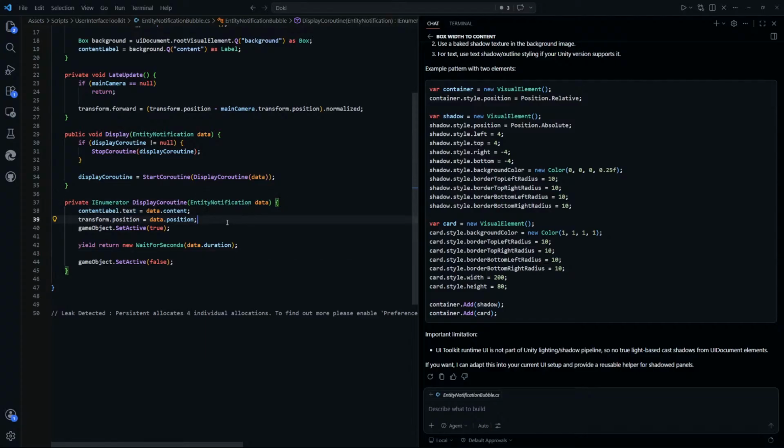Text is equal to text, position is equal to position, set active true, wait 4 seconds,